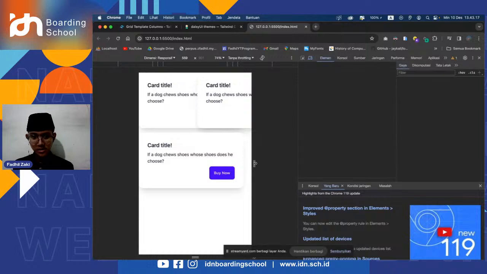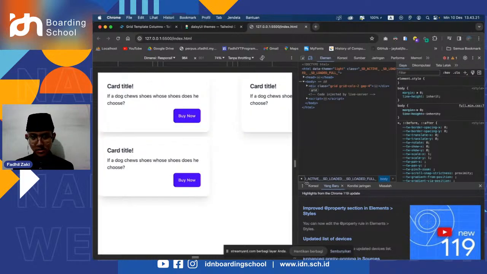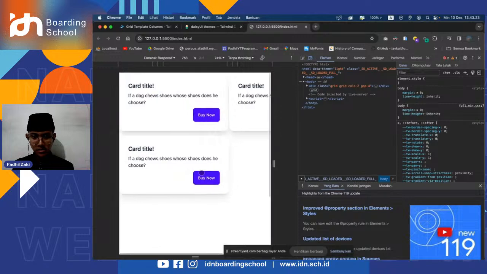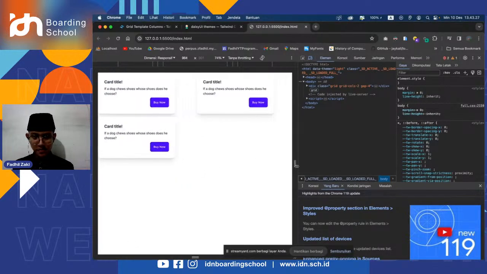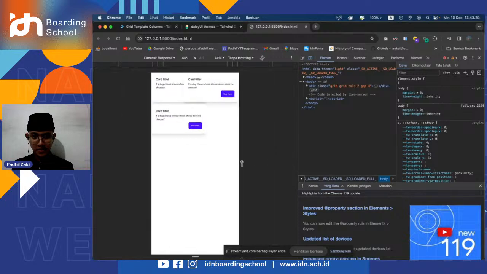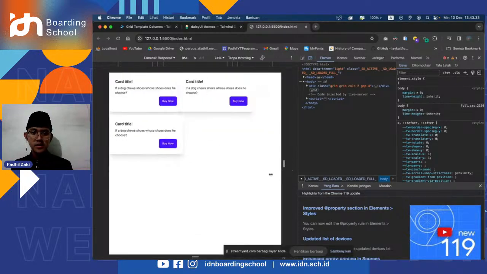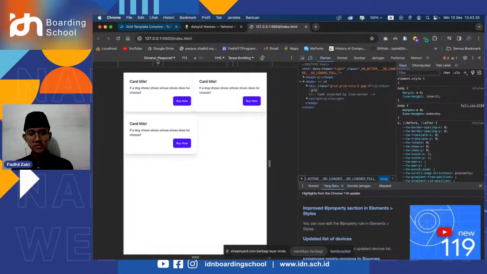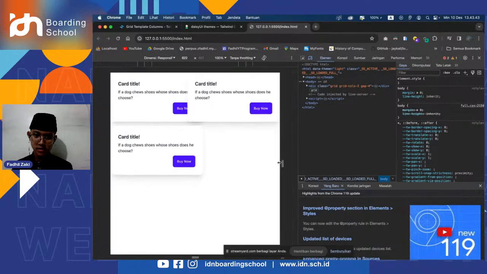So let's check here in the inspection. You can see when the dimension is responsive, it means